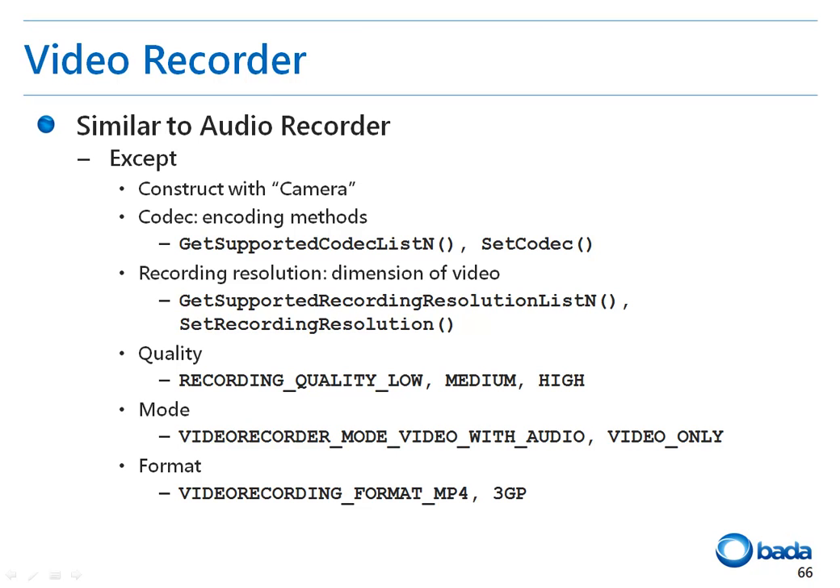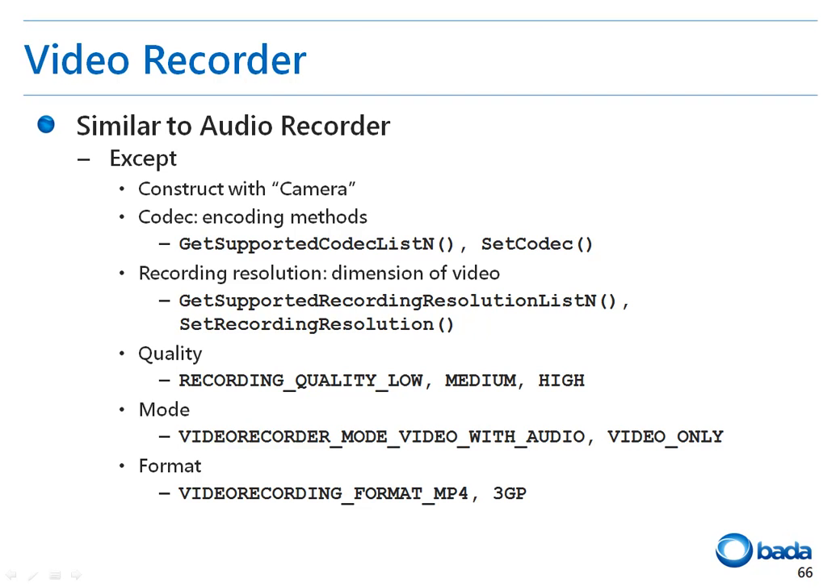To determine which codec must be used to make a video recording, you can get the codec list supported by the device by calling the GetSupportedCodecListN function, and specify the required codec by calling the SetCodec function. To specify the recording resolution, you can get the supported recording resolutions by calling the GetSupportedRecordingResolutionListN function, and set the resolution by calling the